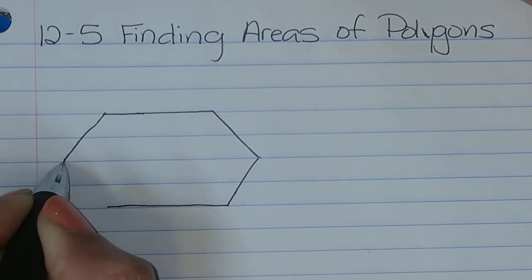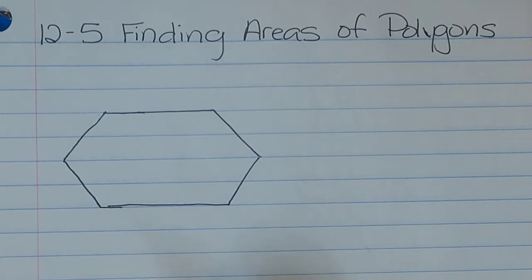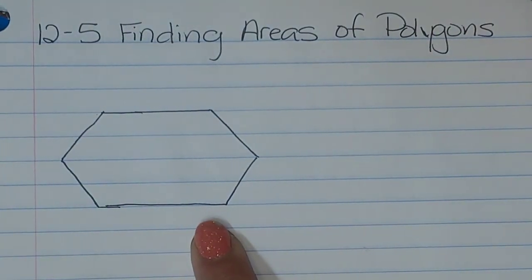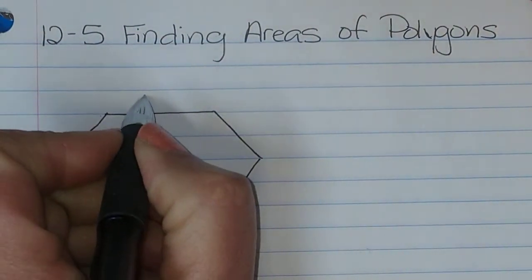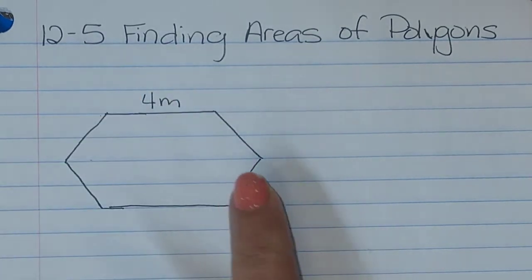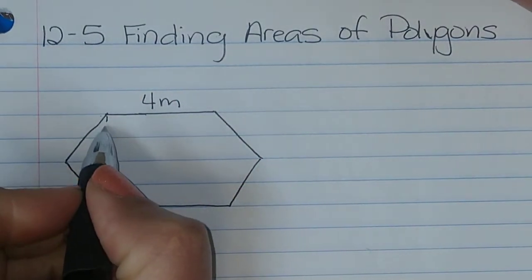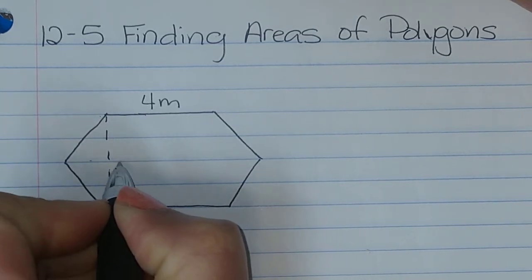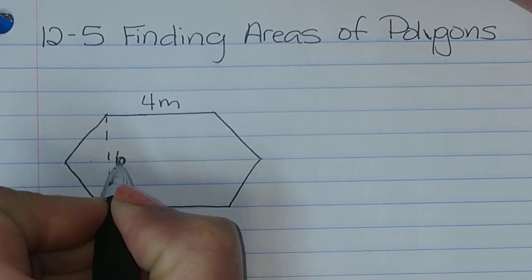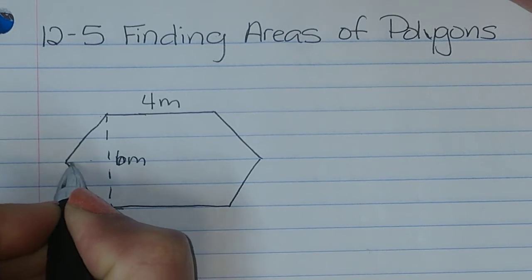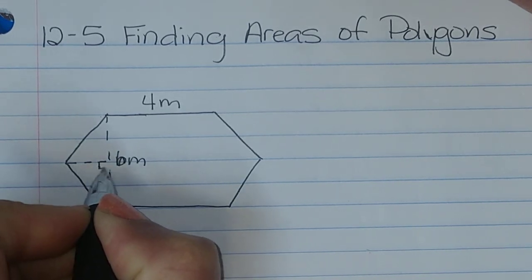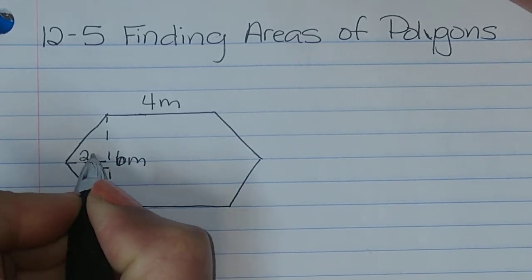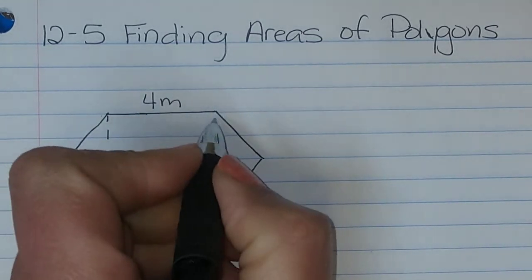Let's say we had a polygon that looked like such. More specifically, this would be a hexagon. Here we have our hexagon. I know that this is 4 meters. I know that this whole side right here is 6 meters. If I were to make a right angle, this would be 2 meters. As you can see,